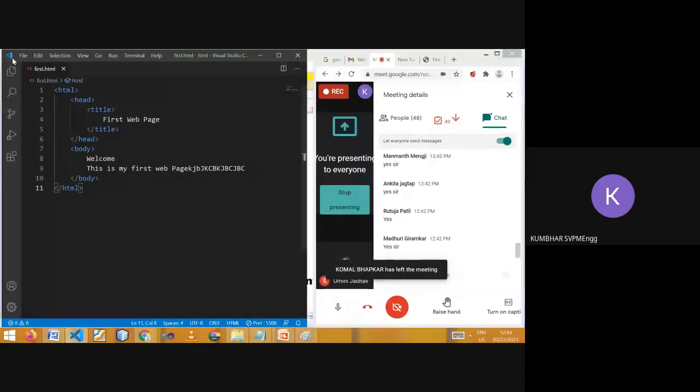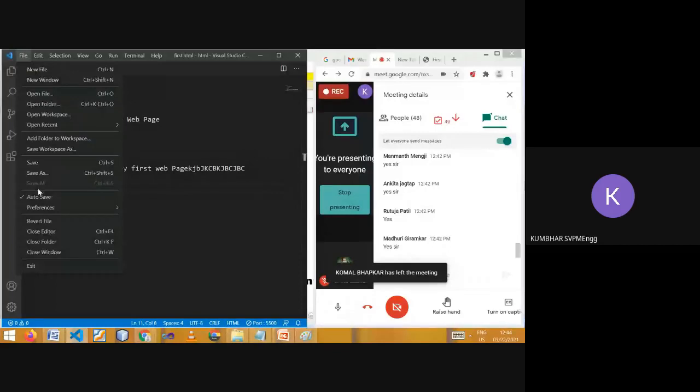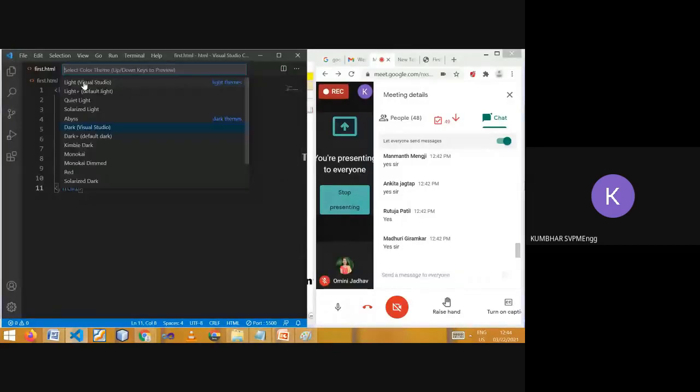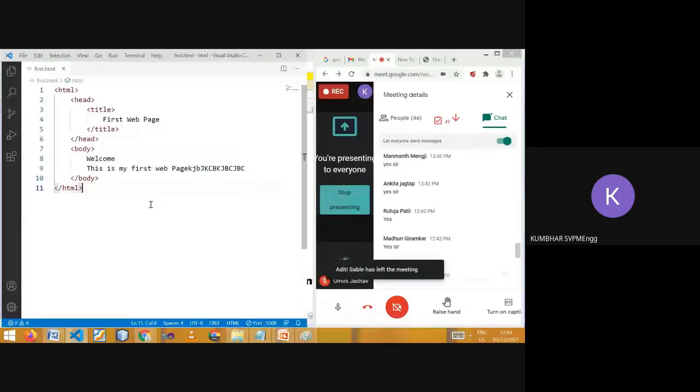I always prefer white, but it is our choice, whichever is good for your eyes. Accordingly, you can set the themes. Is it okay? Yes, sir. Great.